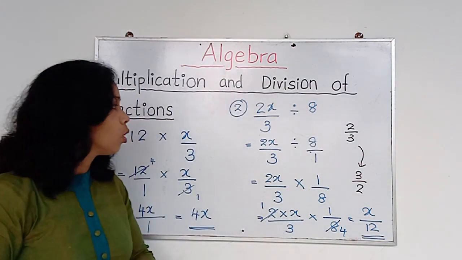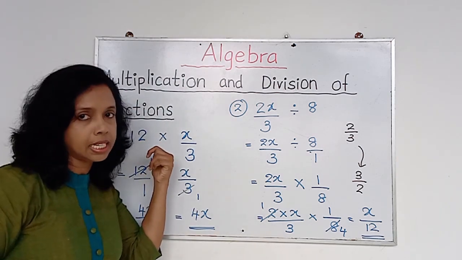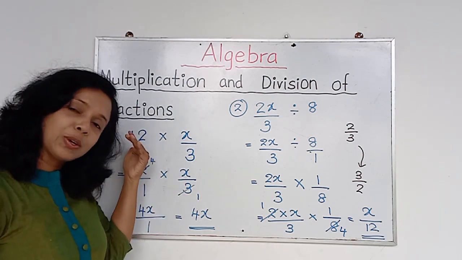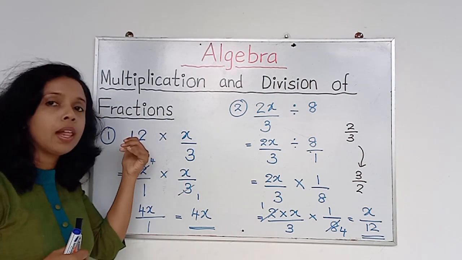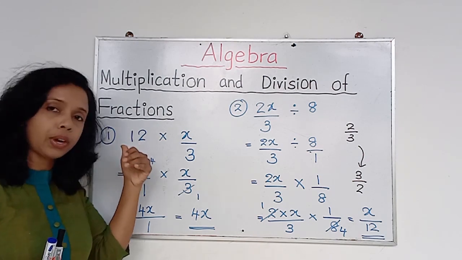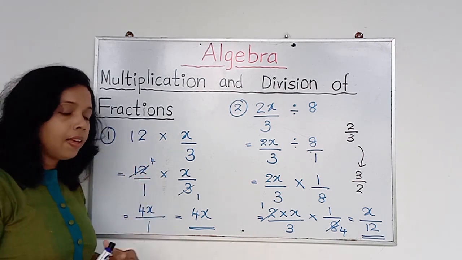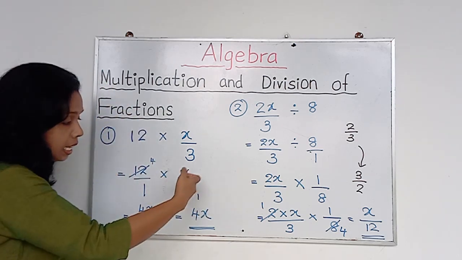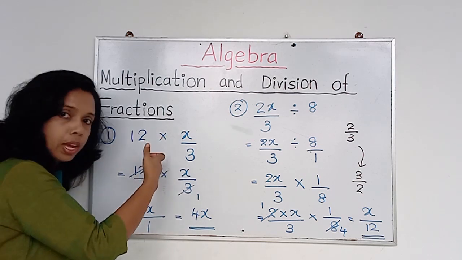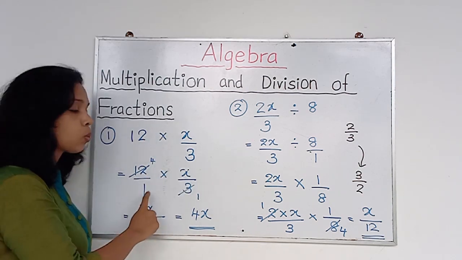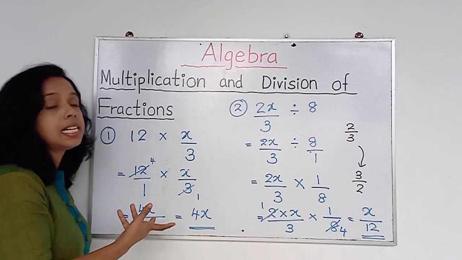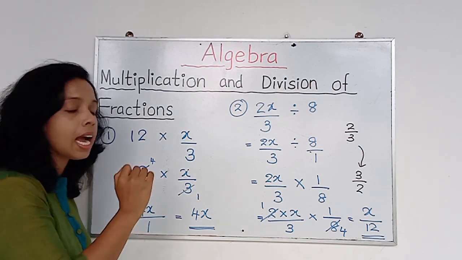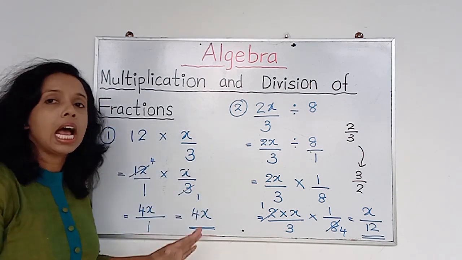Again, I repeat, question number 1, we had a multiplication, a whole number and a fraction. What I did, I converted this whole number into a fraction. 12, how can I write it in fraction form? 12 over 1. Then I checked whether I can simplify it or not. Yes, here I can simplify. 3 times 1, then 3 times 4, 12. Then 4 times x, 4x. 1 times 1, 1. Then the final answer, I wrote it as 4x. Without keeping 4x over 1, I kept the final answer as 4x.